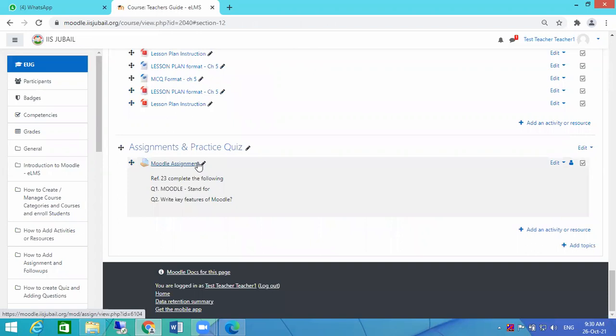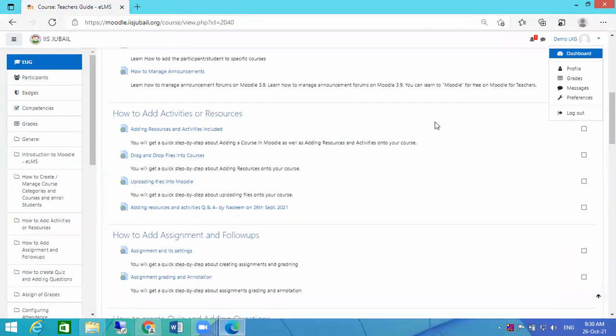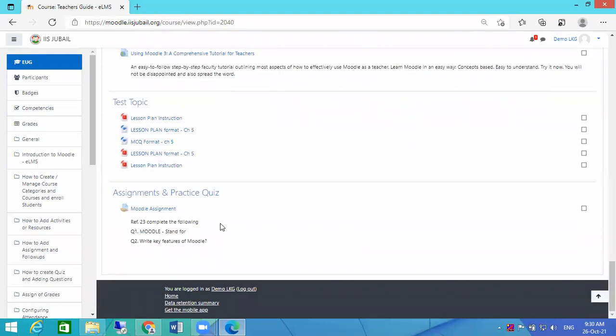Now go back to your screen as a student. Just I'm a student here, demo LKG student. I'm in the same page. Just refresh the page. You can see that the assignment is added here. Similarly, it is available for you also now. You can quickly check your screens, refresh it and check it. Just refresh once, it will be available. Okay. Hope it is visible to all.